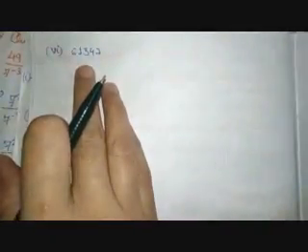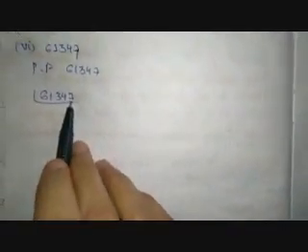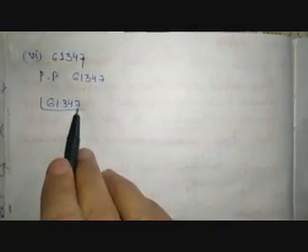Now another question of the same type is 61347. We will follow the same rule, prime factorizing the number 61347. Here I will prime factorize. Here 7 is at the back, so we will.